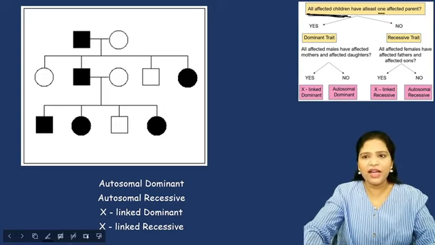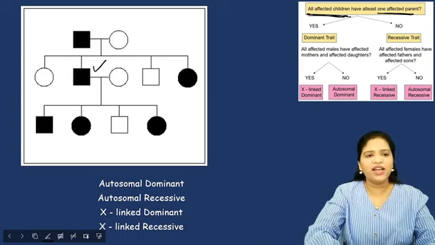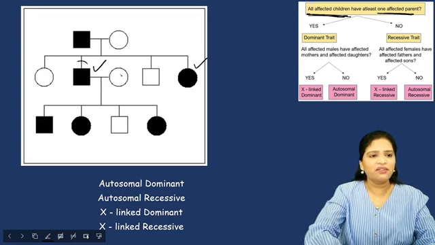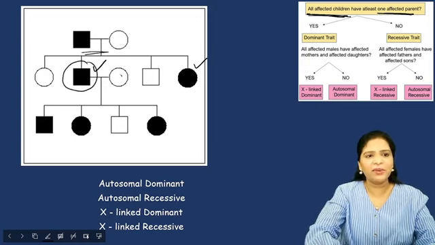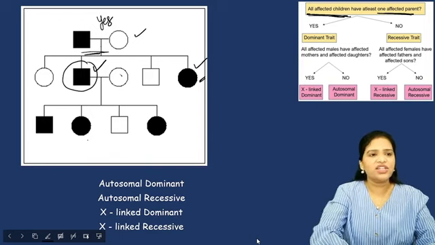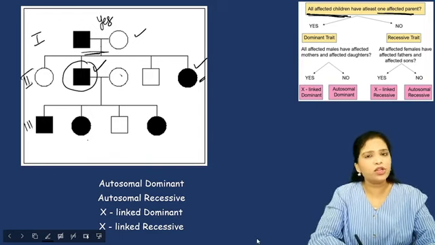have at least one affected parent. See here, one affected child and another affected child. So this affected child has an affected parent. Yes, right? Similarly, this affected child belongs to the same parent. So the answer is yes. Look at the next generation. This is generation 1, this is generation 2, generation 3. You should not stop with one generation. Look at the complete chart.